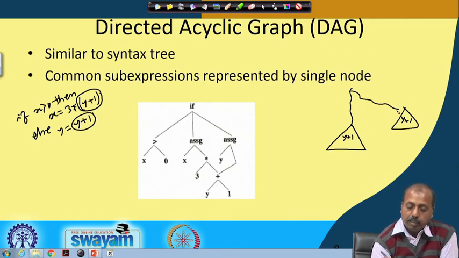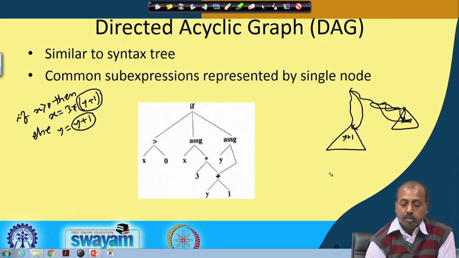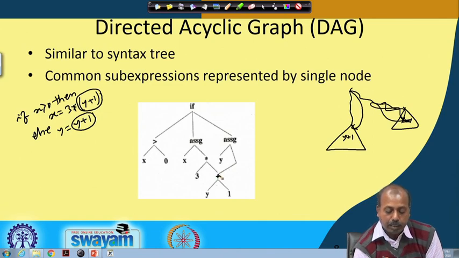In case of directed acyclic graph, what is done is that the common sub expression will be represented by a single node. I do not keep a separate pointer like this; this also points to this one only. That way it is helping. Here, this node computes y plus 1.